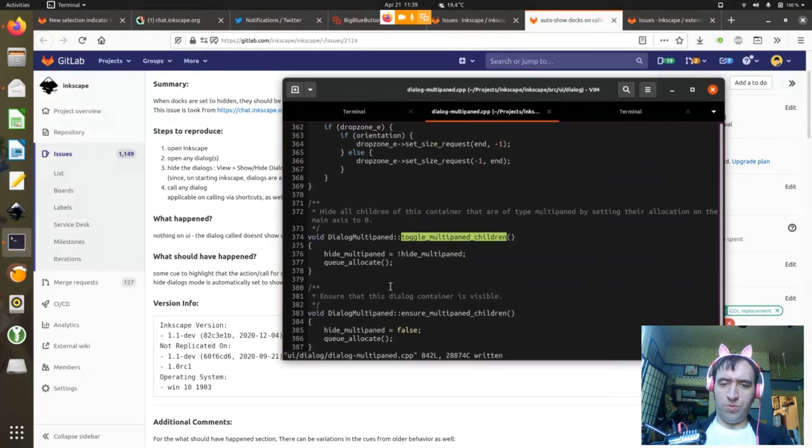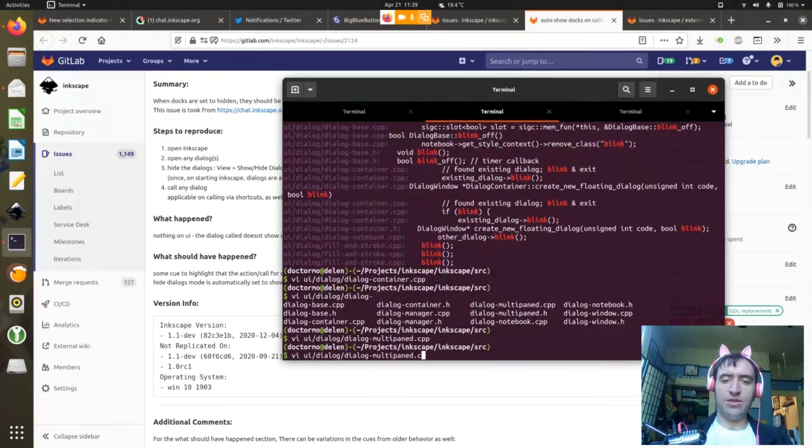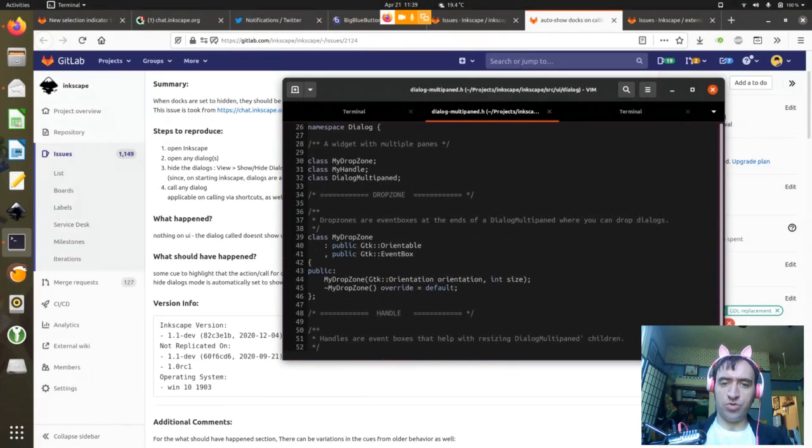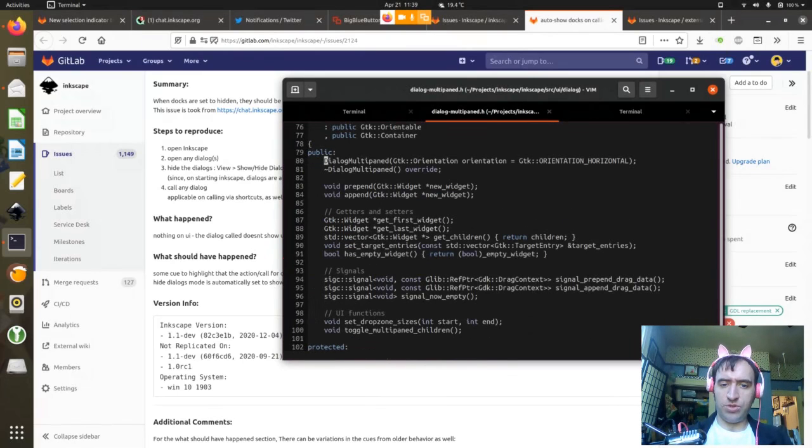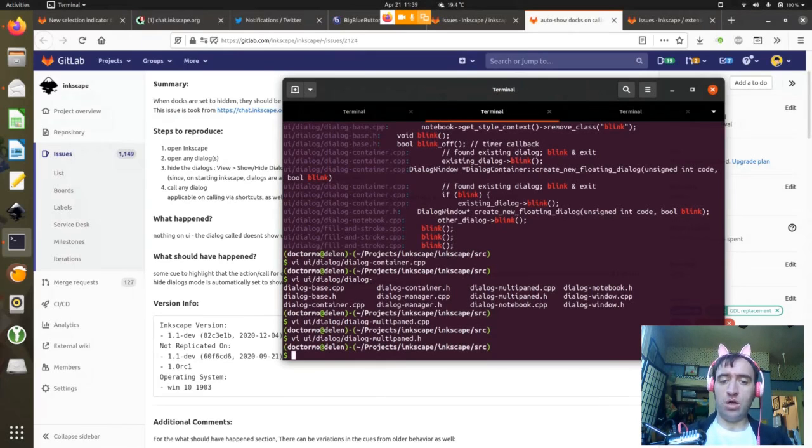And then what we're going to do is we have to add that to the header so that it's available to other functions, and we need to make sure that it's put into the public part of the class. So you say it's public, and then we're going to go here. And what I'm going to do is I'm just going to copy that and then change that to ensure. Okay, now I have a function that should set the